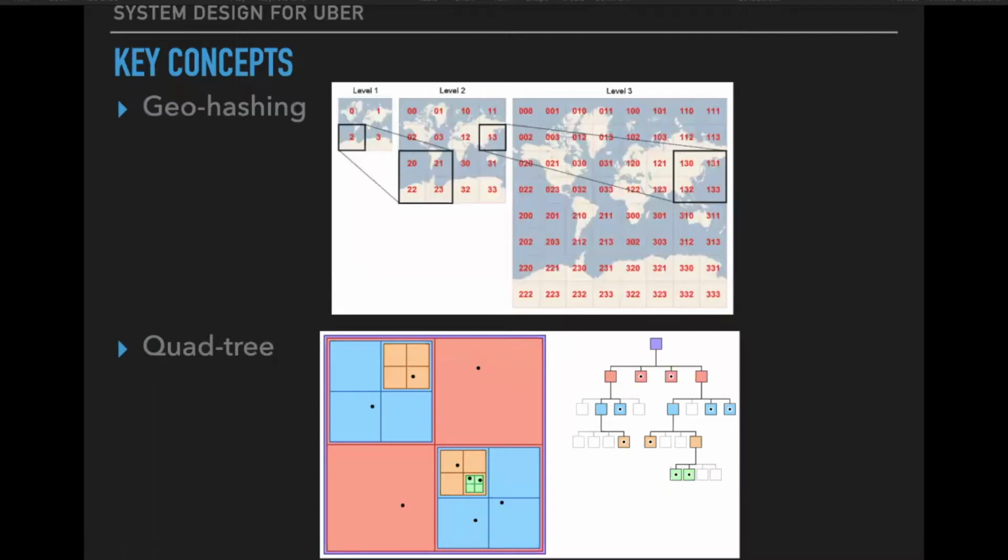Okay, so some key concepts which we need to understand before jumping into our design, which we are going to use in our system design, are first geohashing, and second quad tree. Geohashing is a generalized concept where we divide the whole earth into a large number of grids, just like you can see in the diagram, small square-shaped grids,